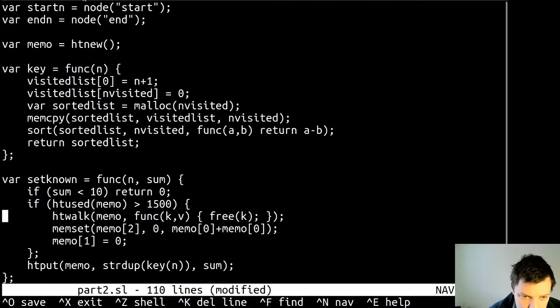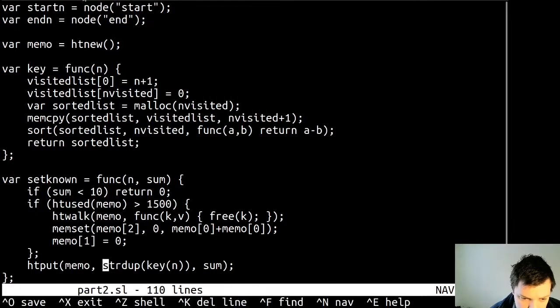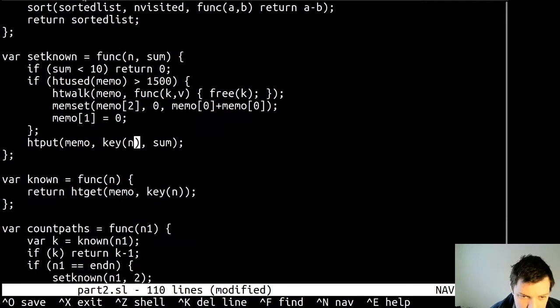And then this no longer wants to strut up. That doesn't want to strut up. And this one wants to